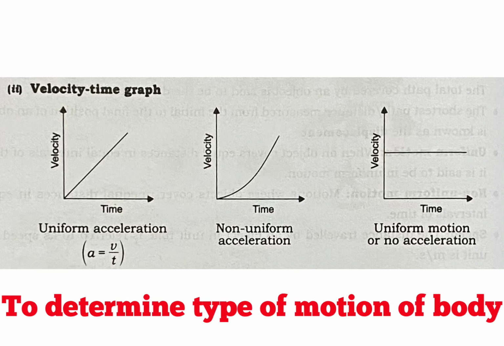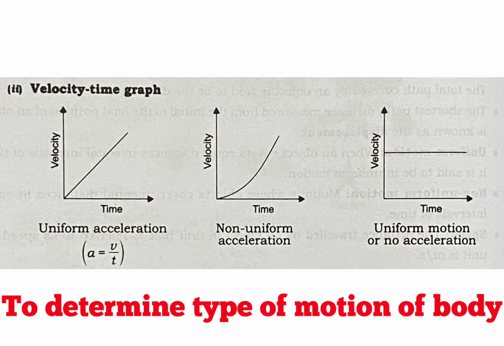Now in order to plot velocity versus time graph, first of all you have to see which is independent quantity and which is dependent quantity. Now students, you very well know velocity is dependent on time. If time is changing, then only velocity will change. So velocity is dependent quantity and time is independent quantity. So what you should take on x-axis? Yes, time, and velocity is taken on y-axis.